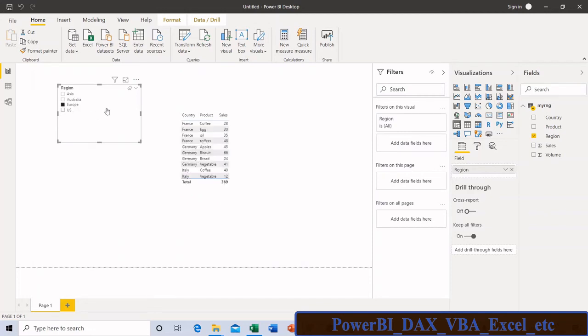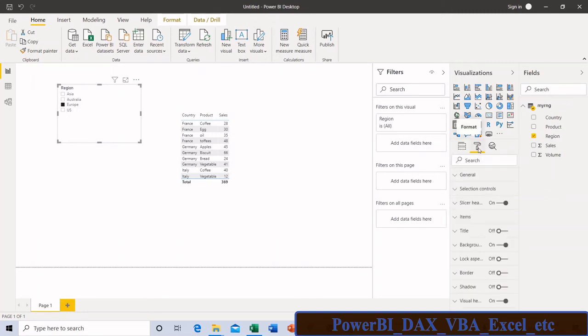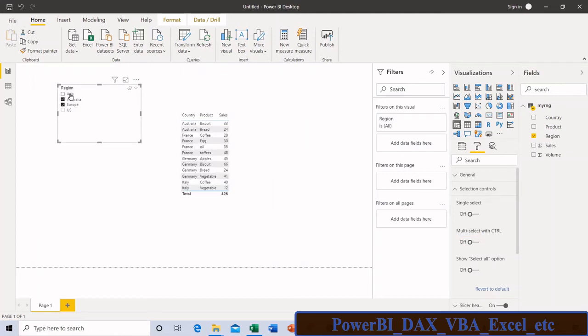Okay, we can make this slicer multi-selection as well. How? Go to the format pane, go to selection control, multi-select with no, I don't want, I want multi-select. Okay, now you can see that I can multi-select.